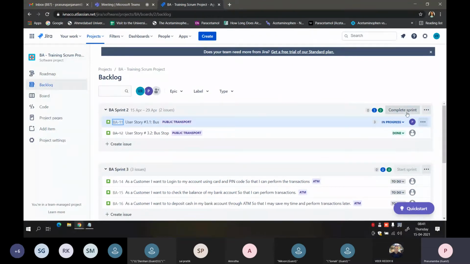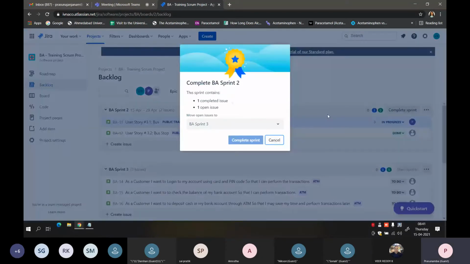So basically Jira checks with each and every story that is present and gives you an idea that something is pending. Do you really want to complete it, or do you want to make any changes to the open one? Because a sprint can be completed only if each and every story, subtask, epic, everything is moved to done state.